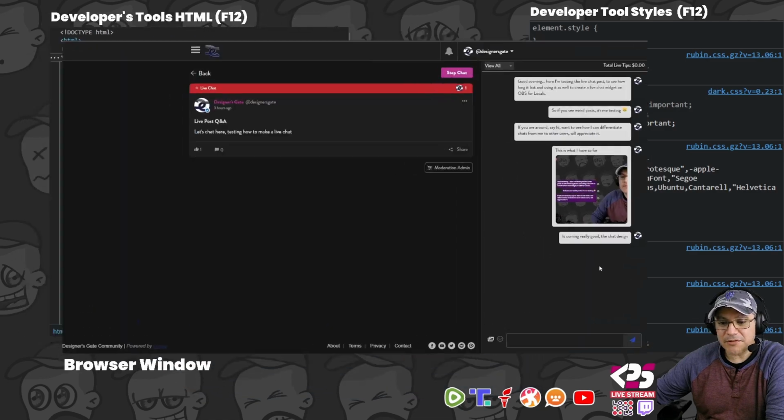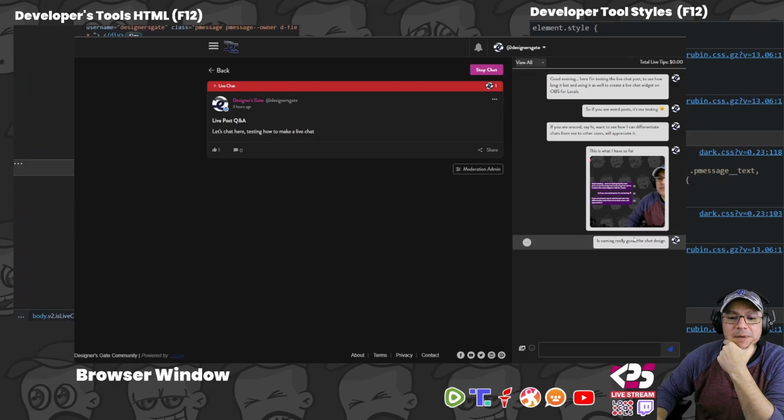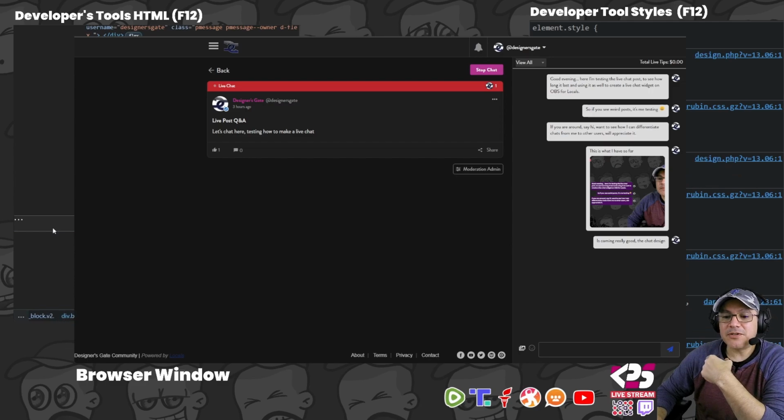For example, if I right click on it, I can say inspect and that will open the developer tools. Since I have it already open, in the developer tools I say inspect again,